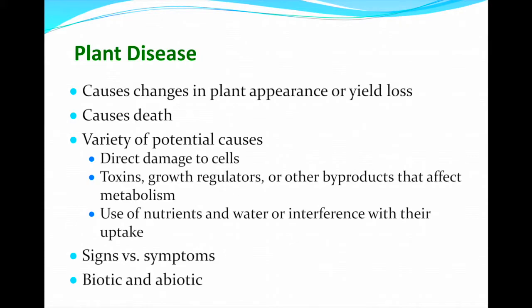So in your gardens, in your home lawns, around the house, your house plants, this might not be a huge issue, or it could be a very serious situation if you've invested a lot of money. But go over onto the agronomic side of things, where we're producing food for the rest of the world, and the difference in plant loss or yield loss and plant appearance can be very drastic, and it can mean the difference in some cases of a farm closing down all the way to potential for famine. So it can be a very serious situation. So plant disease doesn't, in not all cases, cause death.